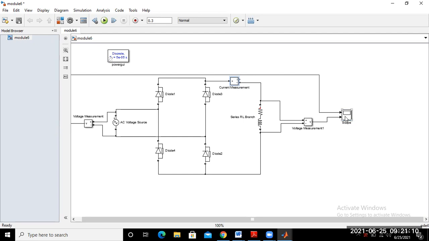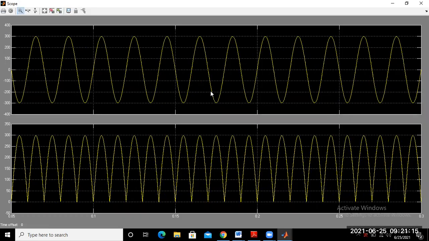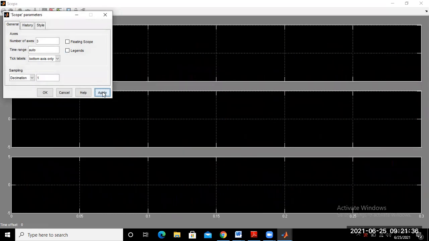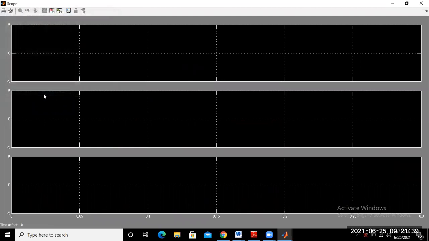Again go to the scope and double click, go to the settings, and change the number of axes from 2 to 3. Apply and okay. So you are able to increase the number of axes.